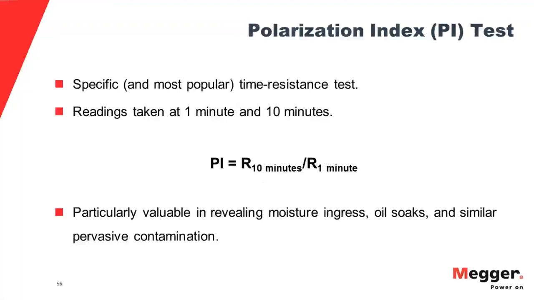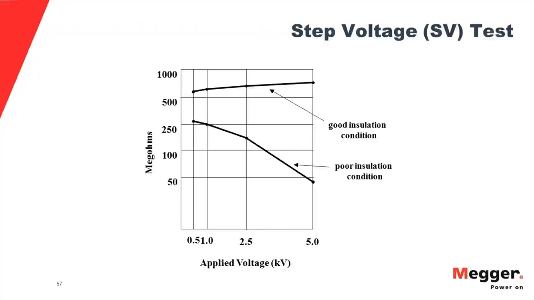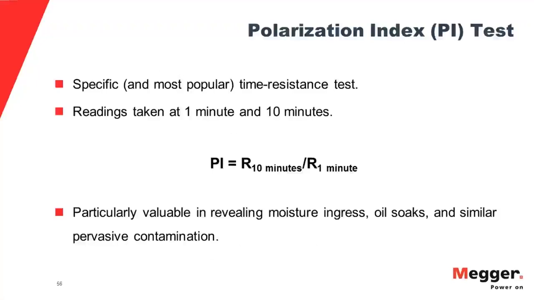This is a 1 minute reading divided into a 10-minute reading. Oops, let's go back. And the way that works is the operator can make a quick determination without having to